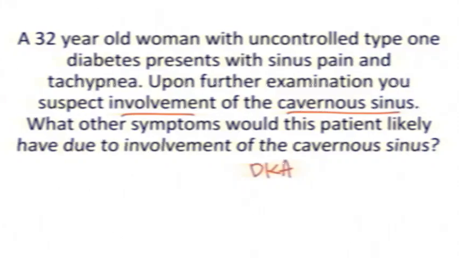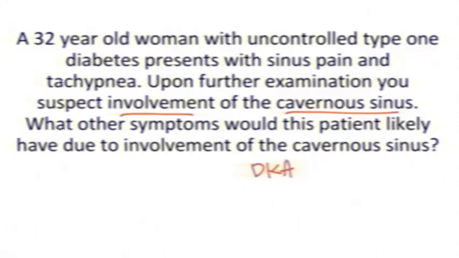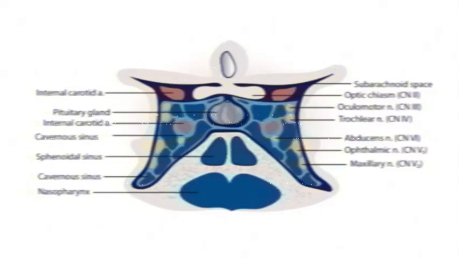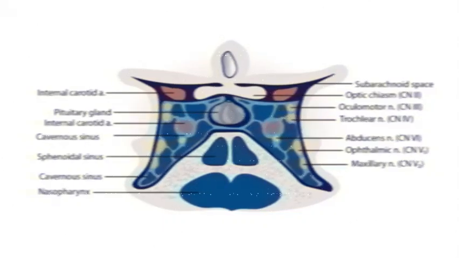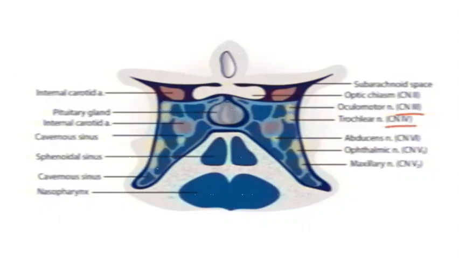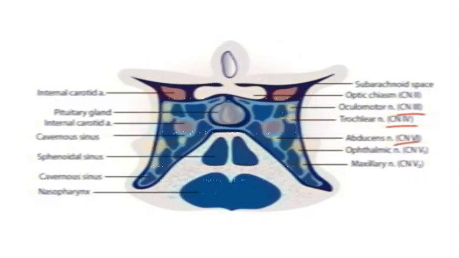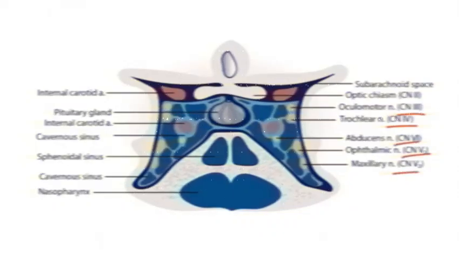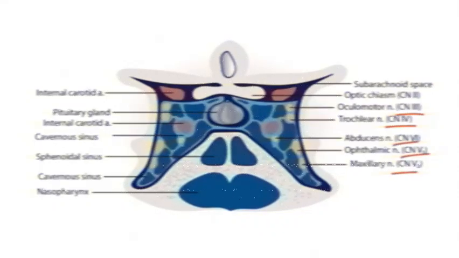So in order to get this question right, we need to know which nerves traverse the cavernous sinus. Again, this is figure 8.24, which shows a coronal view of the cavernous sinus. As we can see, cranial nerves 3, 4, 6, the ophthalmic branch of the trigeminal nerve, and the maxillary branch of the trigeminal nerve all traverse this region, which means we'd expect the patient to have symptoms associated with damage